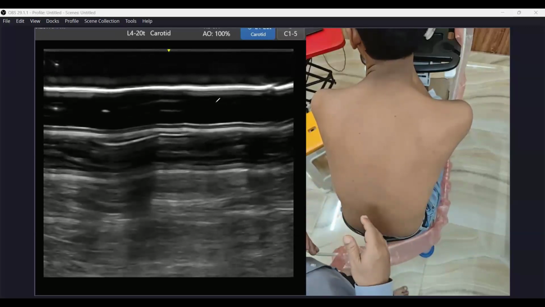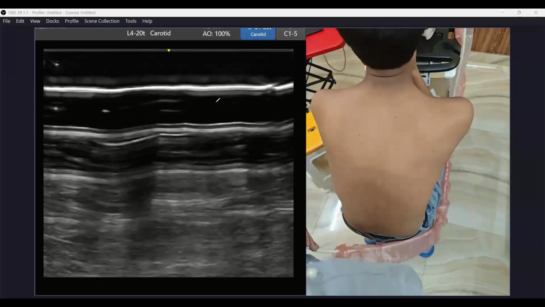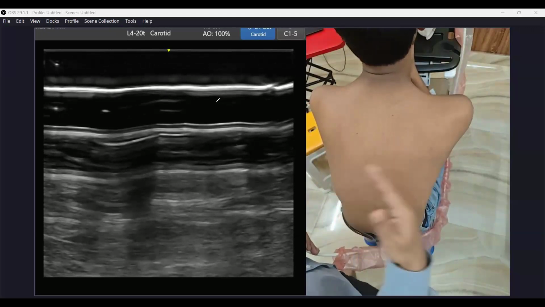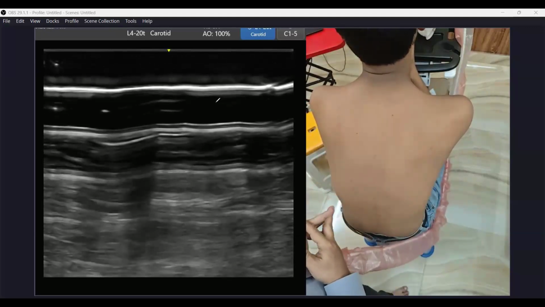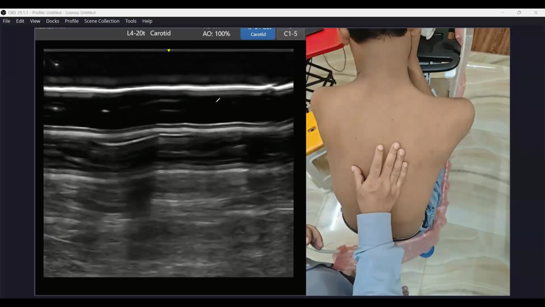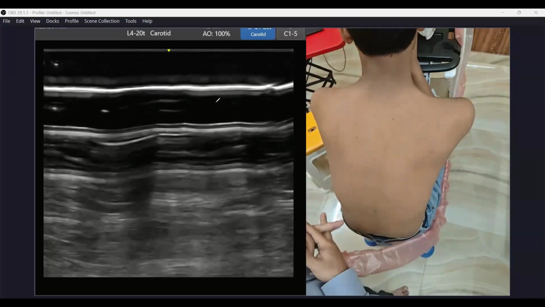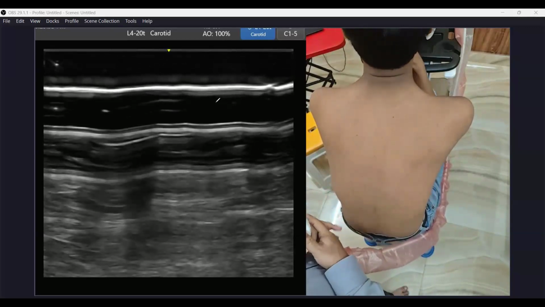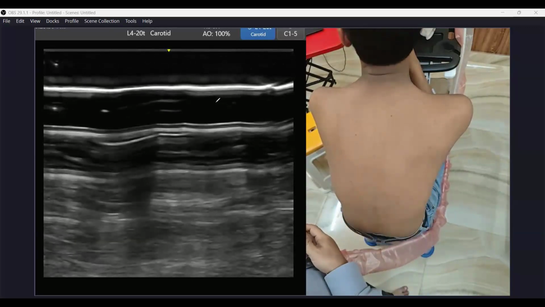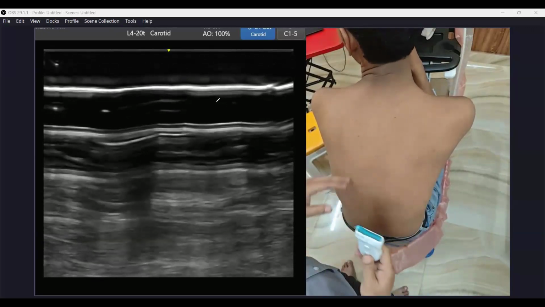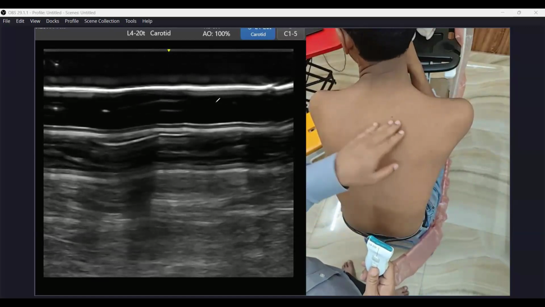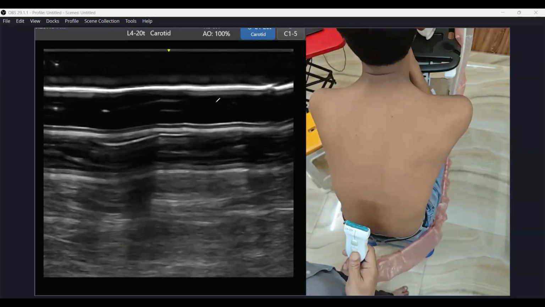Okay, so I was telling that most of the thoracic procedures are for regional anesthesia. Mainly it is done for regional anesthesia, but only a few procedures are of importance in the thoracic area when we are talking about a chronic pain patient. One of them is the thoracic facet, and another one is the intercostal nerve. So first, for doing the thoracic facet block or thoracic facet medial branch block,